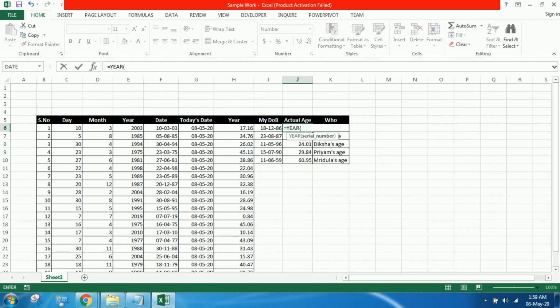Start date, end date, and basis. Actual 360. Actual 360 means that 1 year is taken as 360 days.